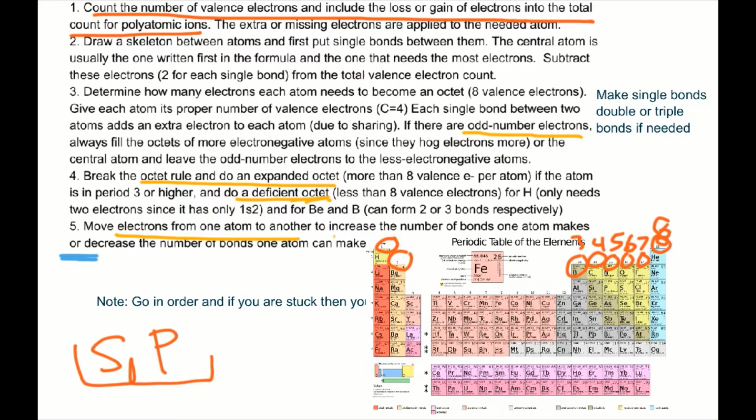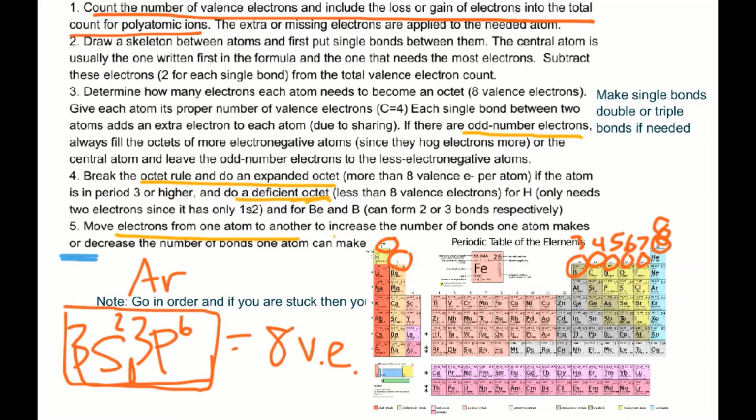So for example, if you want to find the valence electrons for argon, argon's electron configuration will be a bunch of stuff, and then at the end it will have 3s2 and 3p6, and 2 plus 6 is 8 valence electrons. So that's one way to do valence electrons, by looking at the valence electron configuration, specifically for the s